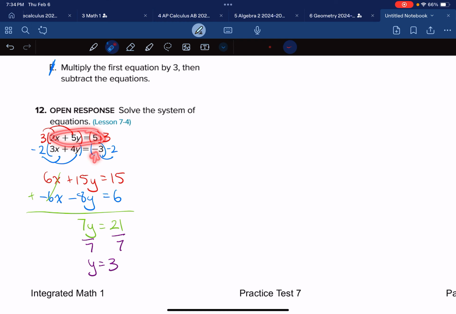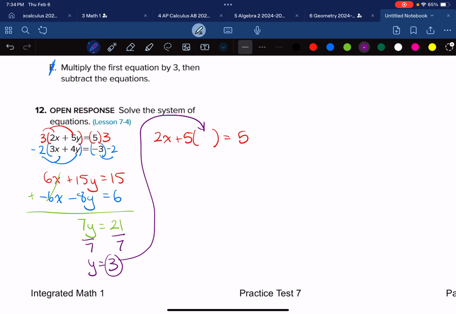Let's go ahead and do the first equation. So when I'm rewriting my red equation, I have 2x plus 5y is equal to 5, and you know what I'm about to do. I'm taking that 3 and I'm plugging it back in for where my y was supposed to be. Multiplying these together gives us a 15. Rewriting the rest of this equation is 2x plus that 15 is equal to 5. Let's go ahead and subtract the 15 on both sides, and that's going to give us